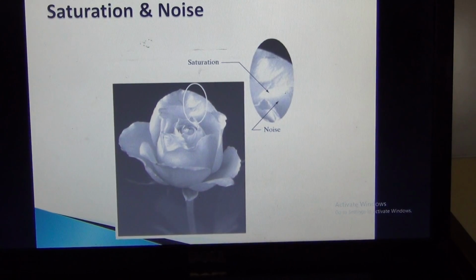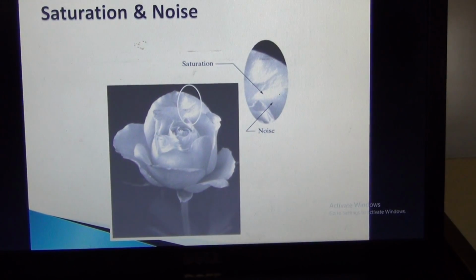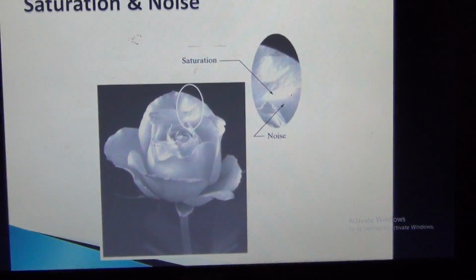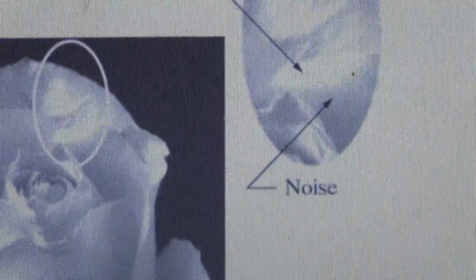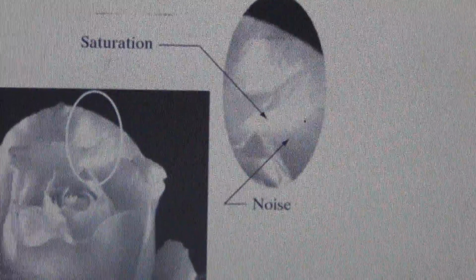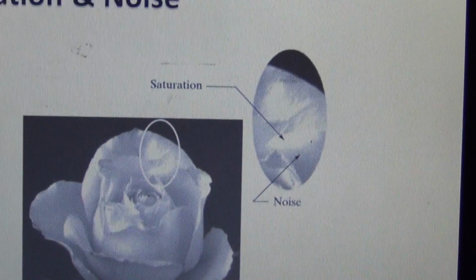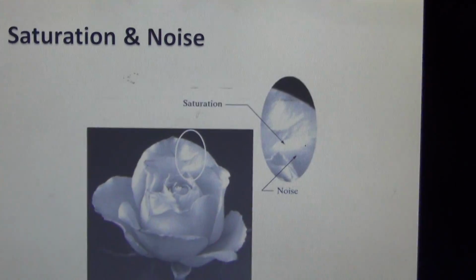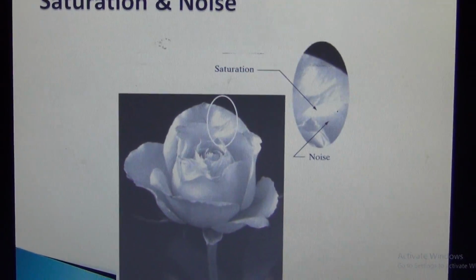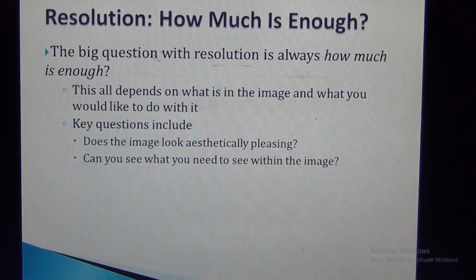Here we can see the saturation is this white portion, because our eye cannot handle both the high quality image and the lower quality image at the same time. This is known as saturation. If we have to represent a very dark region and a very bright region at the same time, then it is a trouble situation known as saturation.